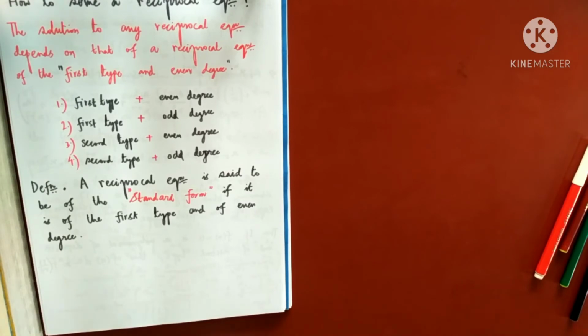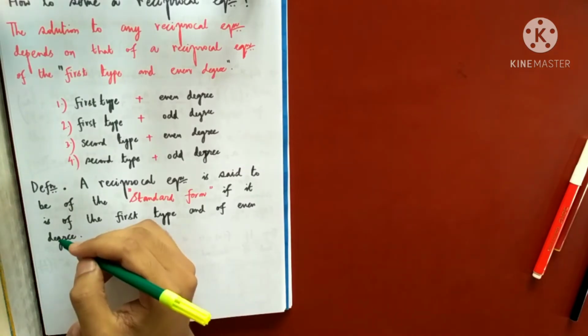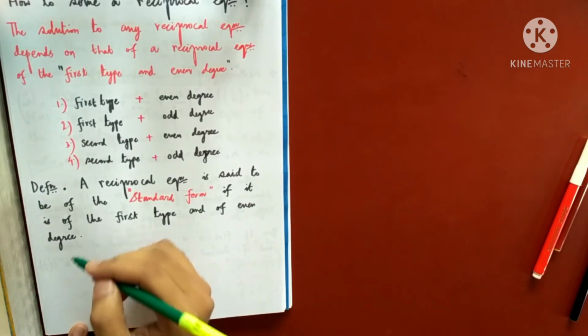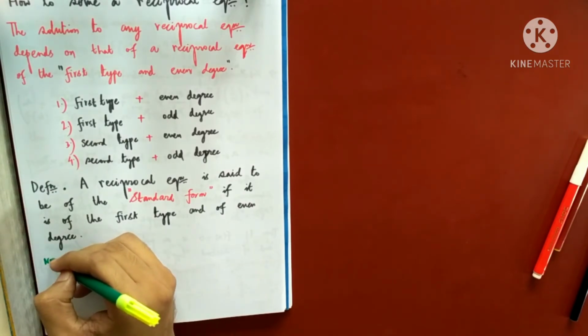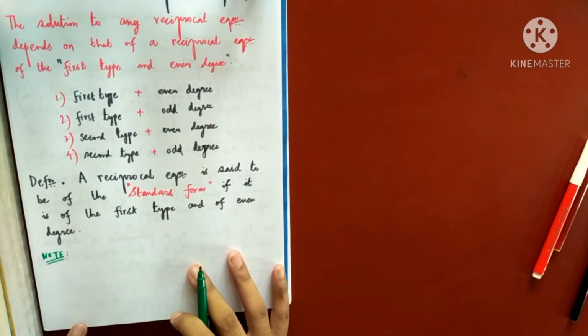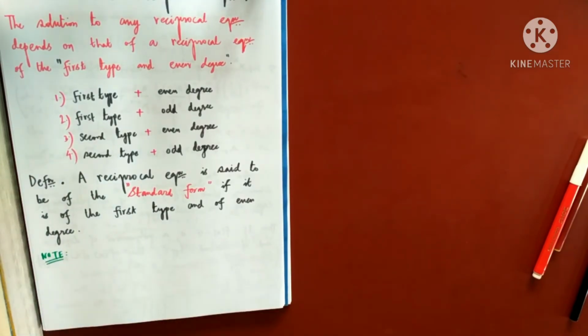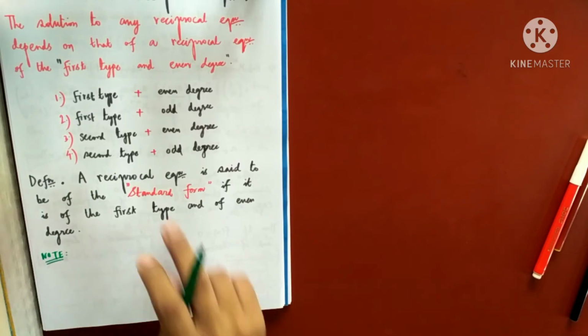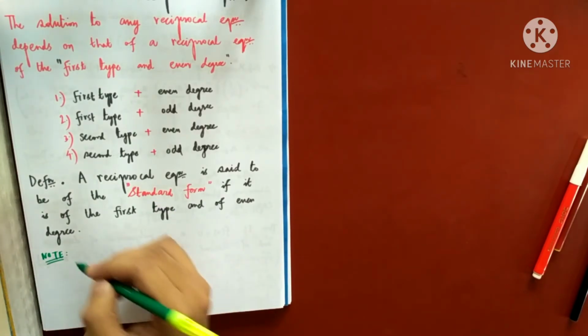Okay. So the next answer is given like this. Note, or as a theorem, that I will not do the proof of this theorem; only the sums are essential from this topic. The proofs are again very simple, based on logic. You can just go through it. I'll simply explain using the sums. Okay. So now, how to solve a reciprocal equation in the standard form? The answer is given like this.